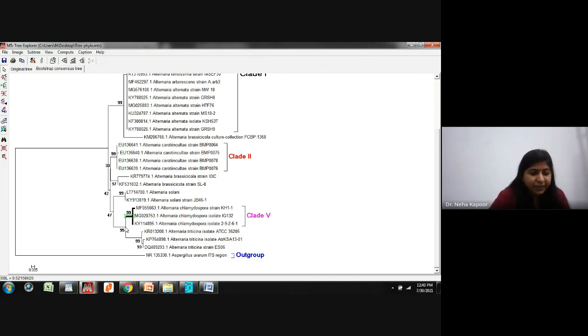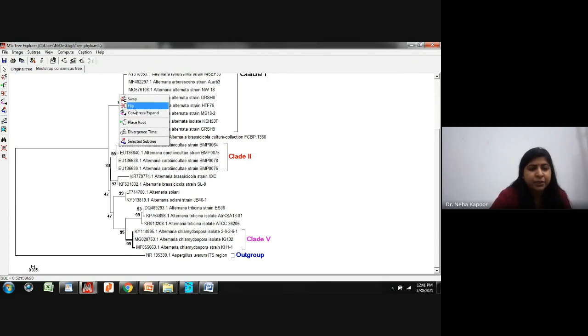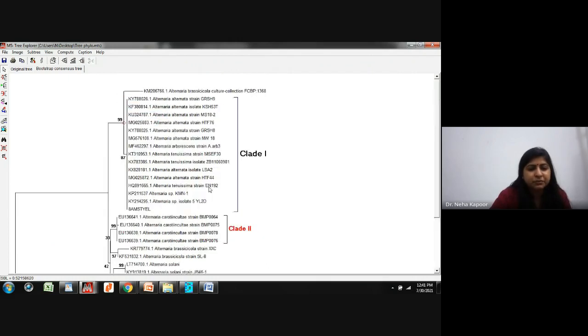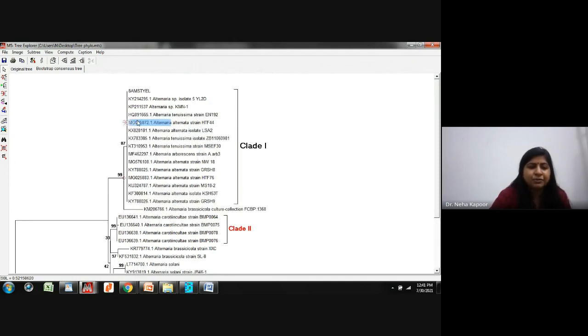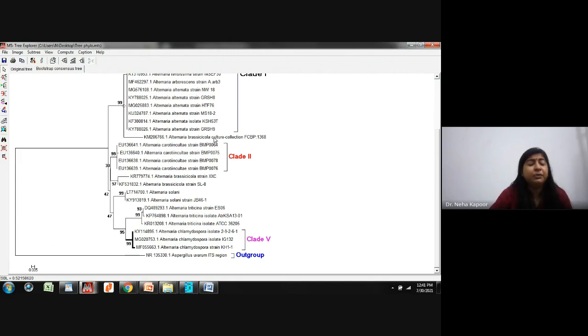If you want to flip the tree, as you can see, you need to select this internal node. You can see this red color. You need to select it, right click, flip. Now see, this clade is flipped. Similarly, you can perform this here also. You need to select the internal node and click flip. See, it is flipped now. I need it back. So again, this is the previous thing. So this is a complete presentation of the tree, how you can present it.